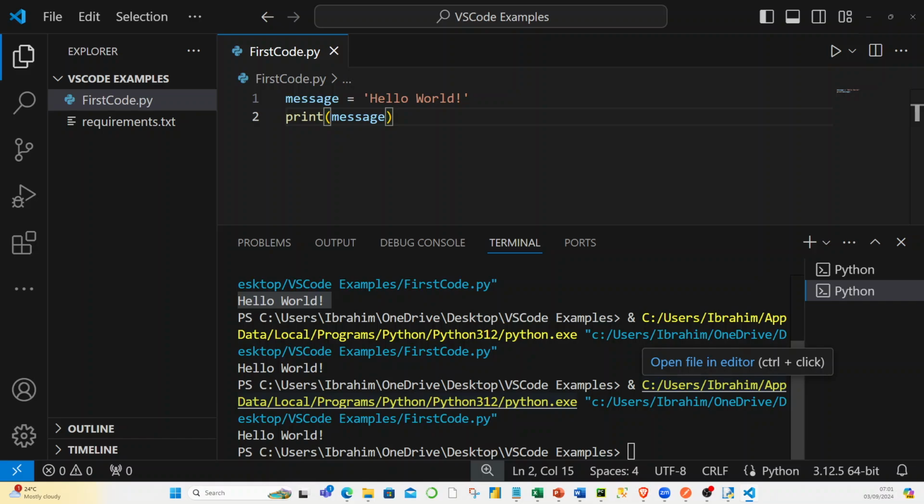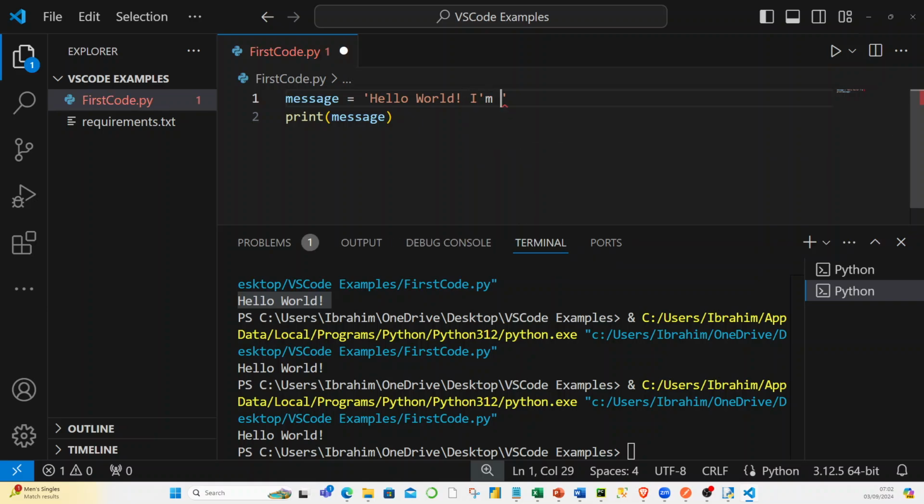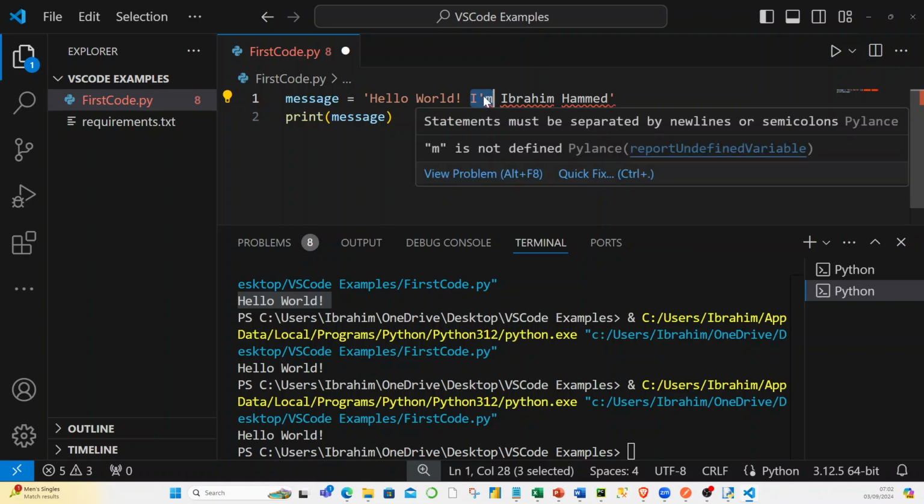Now, on top of your mind, you may start asking, is it not possible at some point for us to mix double apostrophe and a single one? And I'll say yes, it is, and I'll try to give you a very simple implementation of it rather than displaying hello world in this format. Yes, let's say it, I'm Ibrahim Hamid. The moment I go this route, I'll be in trouble because I am bringing in another single apostrophe here,